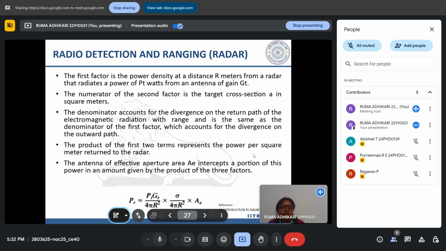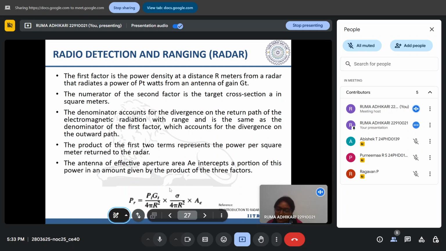So now comes the very important slide, the radar equation. To understand it through the equation, all of it is taken from this book, I will share the link. It is the reflected power. We'll work with power, which I will also discuss after some time. So this is the received power, PR is equal to PT, the transmitted power, GT,